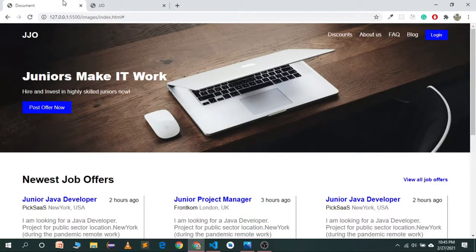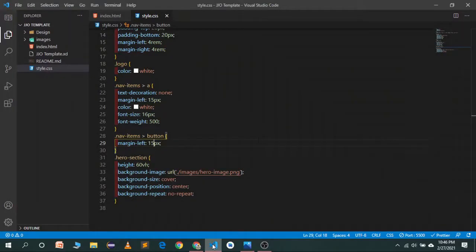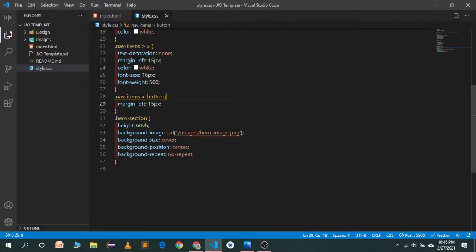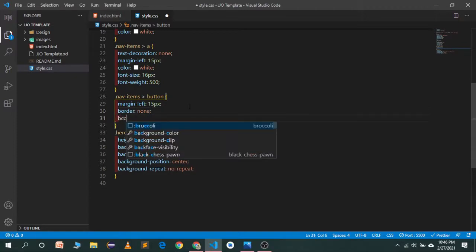As you see in the demo, we have a beautiful looking login button, and we just want to style the button and give it some properties. So let's give it a border of none, background color, oops, what's happening.